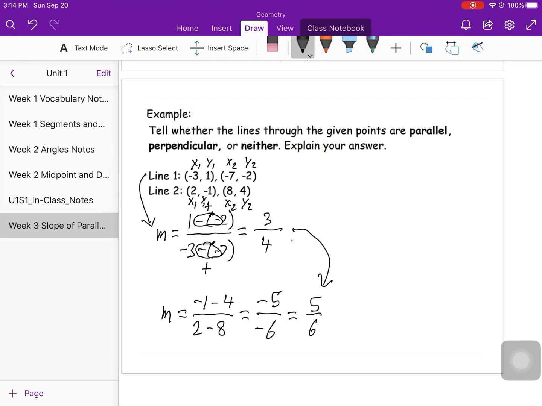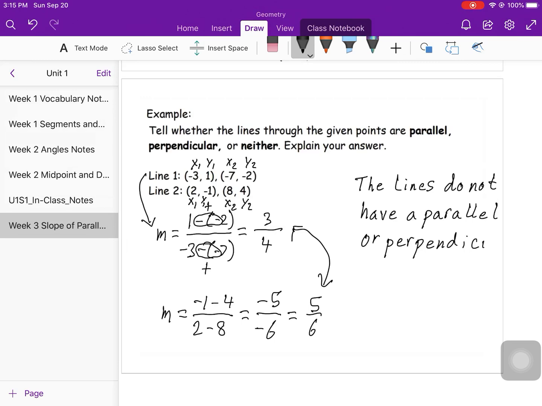So now we have to compare these two slopes. They are not the same, and they're not opposite reciprocals. So if we were to explain this in a complete sentence, we would say the lines do not have a parallel or perpendicular relationship, because we've proven that with the fact that they aren't the same and they're not opposite reciprocals. The lines do not have a parallel or perpendicular relationship